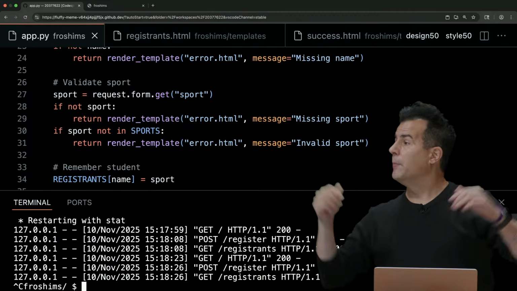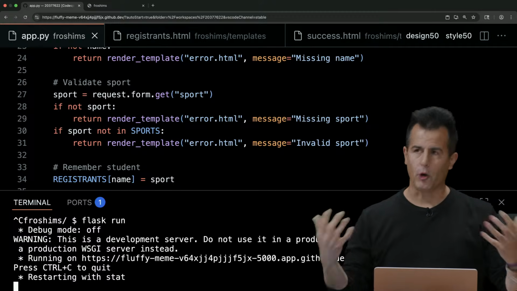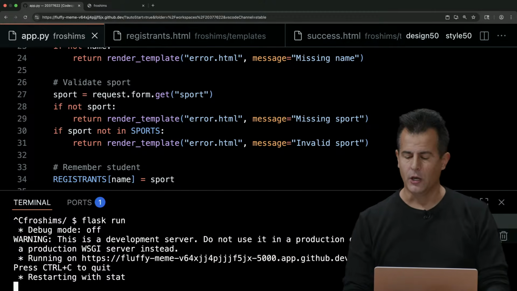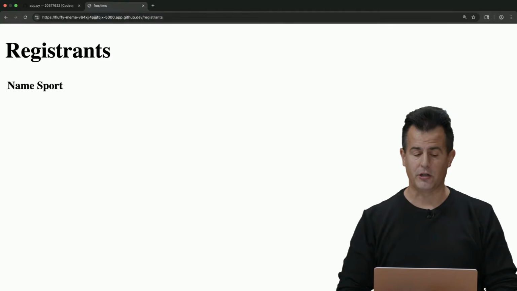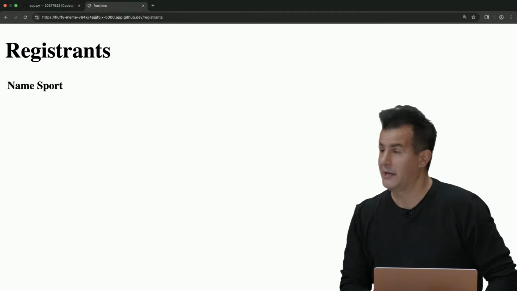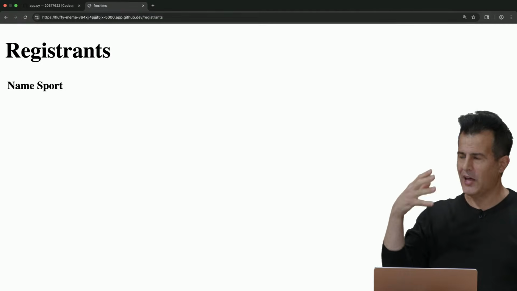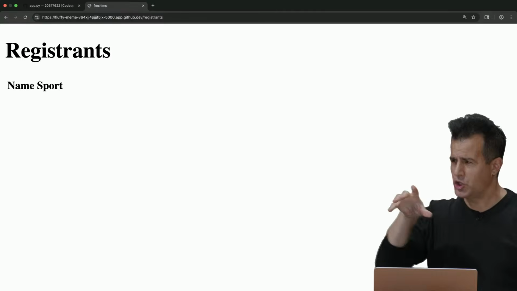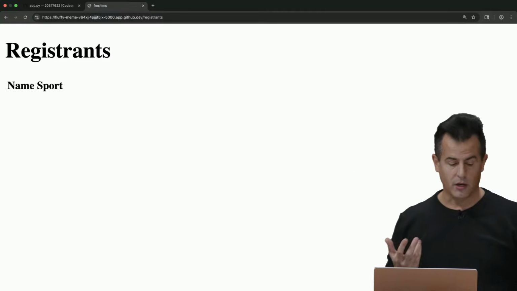It's like free. The memory has been freed. So if I were to rerun Flask now, as would happen automatically if the server itself rebooted, well, this is not great, because if I go back to the registrants page and click reload, no one has registered. And in fact, that's what happened with Doug a moment ago. Because I changed my actual app.py, Flask was smart enough to realize, oh, wait, the code has changed. I better reload the program, which gave me a brand new version of that global